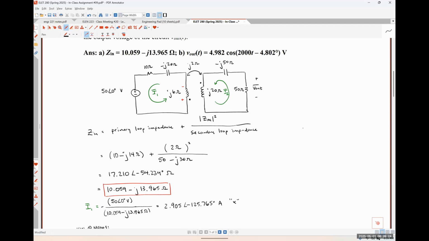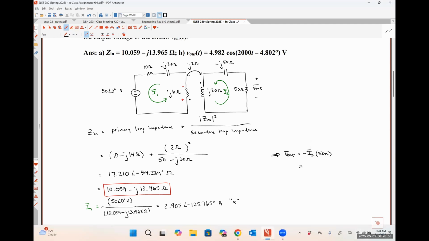Exactly right. So we're using Ohm's law. I'm going to do it over here, if that's okay with you guys. So V out is going to be negative I2 times 50 ohms, where that negative sign out front comes from the fact that the current is flowing into the negative polarity terminal as we have defined that voltage V out, okay? So since I put I2 in my calculator as Y, I'm just going to do negative Y times 50,